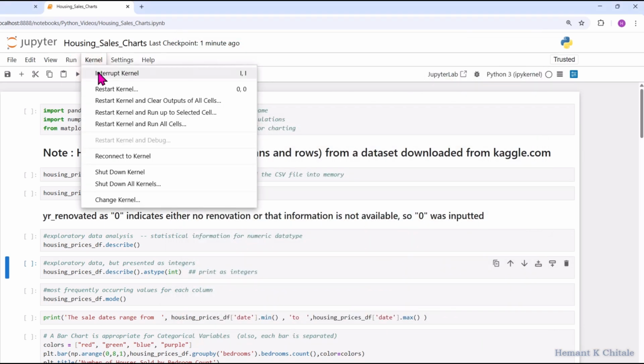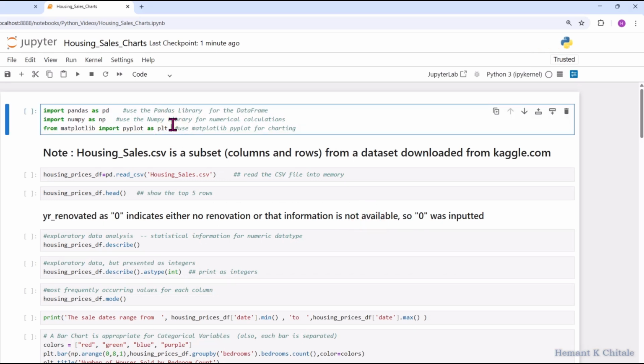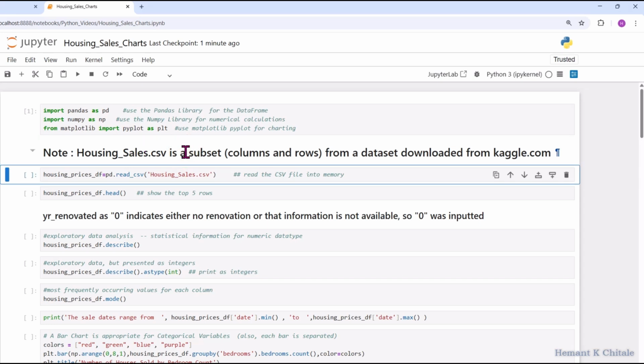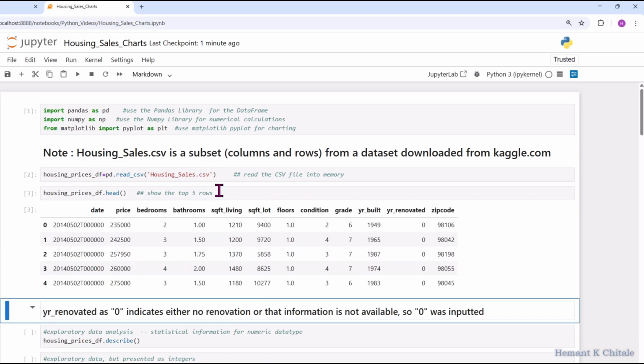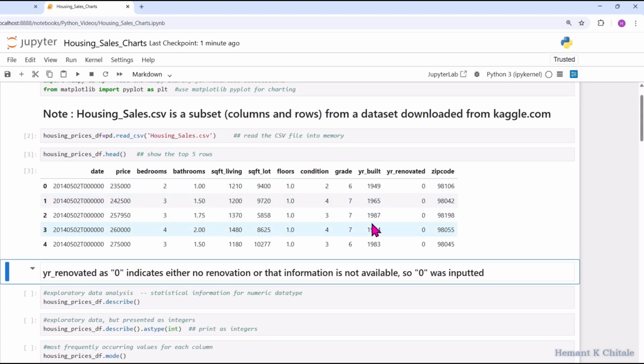So I'll just restart the kernel. I've imported pandas, numpy and plt. Okay, so here I'm reading the file. Get the top 5 rows. So in some rows year renovated is 0, so probably information not available, so it's not going to be important